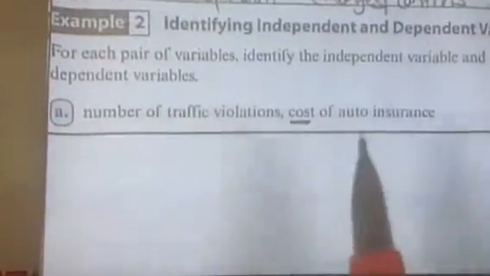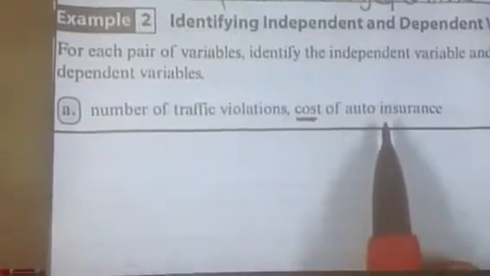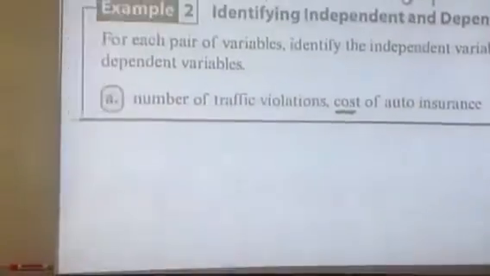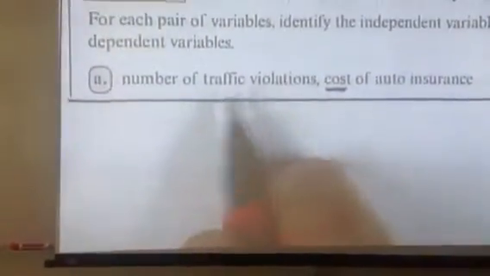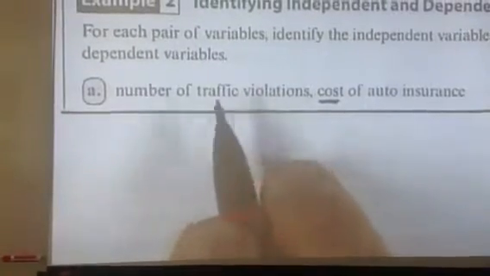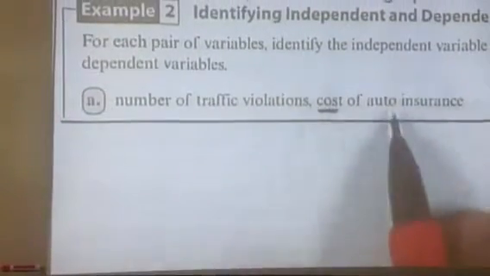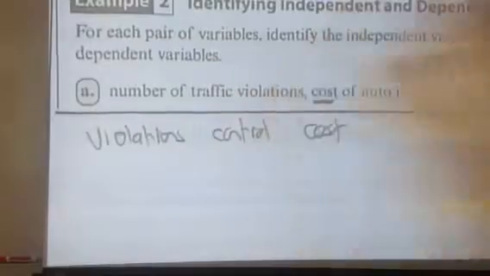Well, that doesn't make any sense. How much your insurance costs has no control over the number of accidents you get into. What happens is the more traffic violations you get, the more your insurance is going to cost. So the violations control cost. So that means that your independent